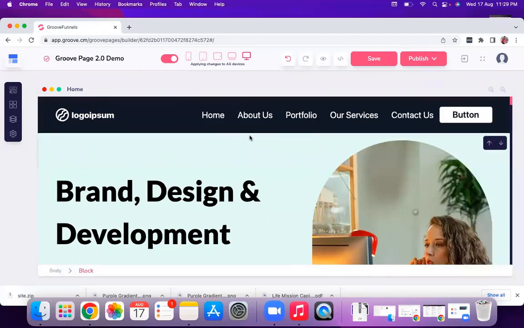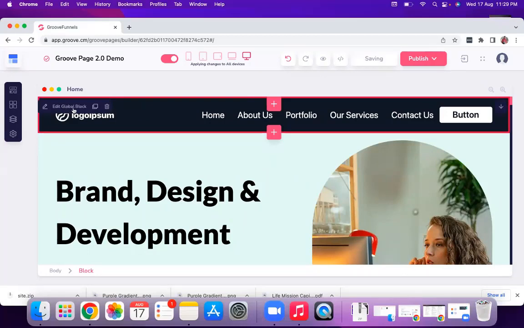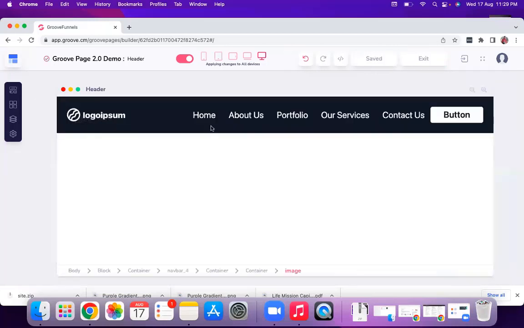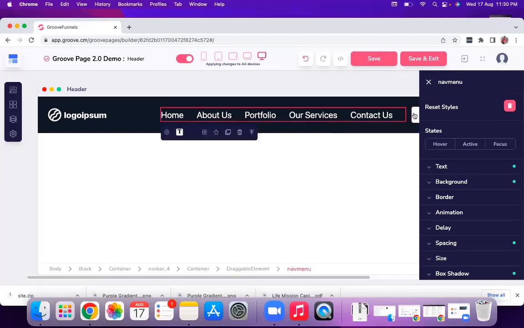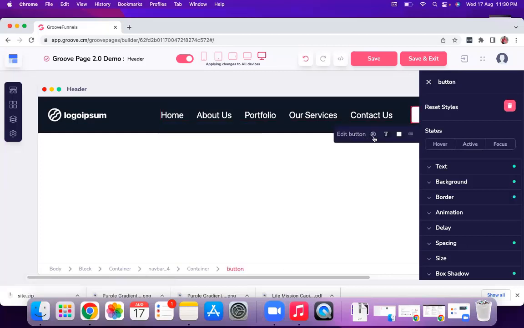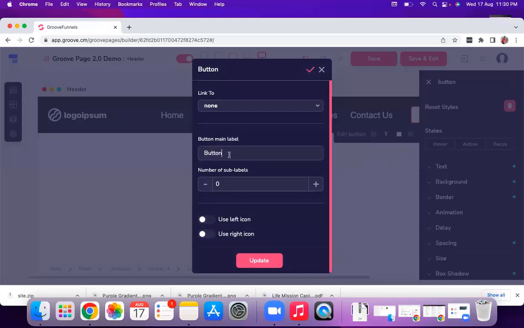Now suppose I want to change the name of the button from button to register. So what I need to do is click on this block and click on edit global block. Once I click on it, it will take me to the block settings where I will select this button. Earlier we had an option here for configuration, where we would change the name of the button. Now when you select any button, you will find this bar here, and when you click on this plus icon,